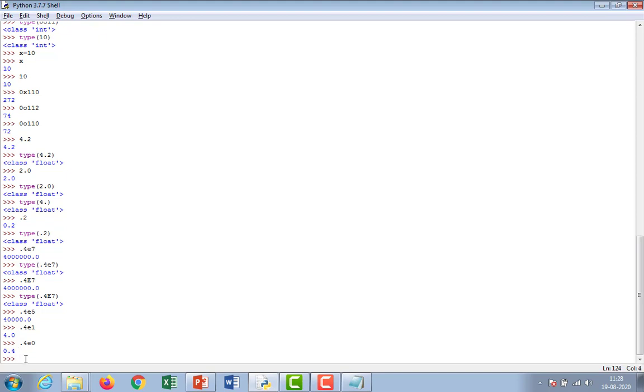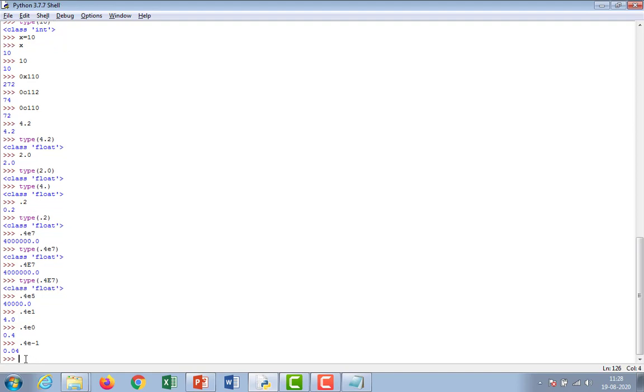If you want to give 4e minus 1, does it work or not? See this one, 0.01, like that. So many options. What you have to do is each and every time you will check 0.4 capital E minus 7.